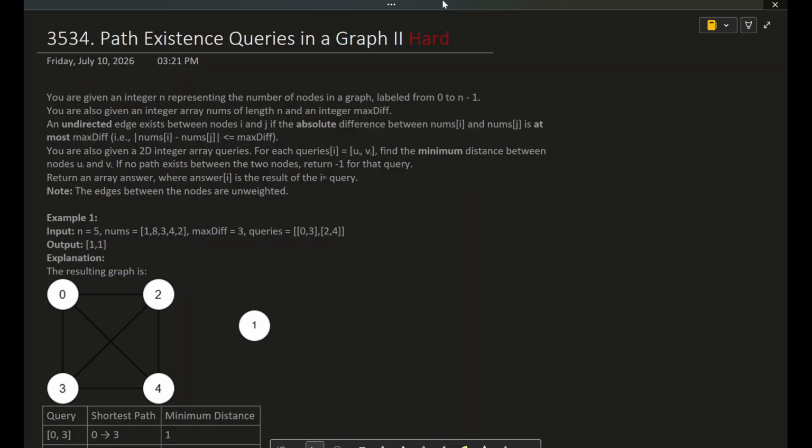Hello everyone, welcome to Cypher Page, and today we are going to understand question number 3534, that is Path Existence Queries in a Graph. You are given an integer n representing the number of nodes in a graph labeled from